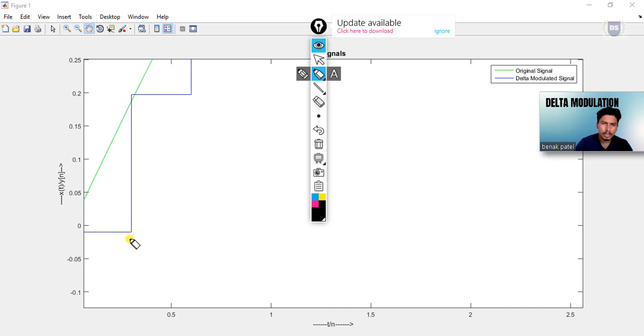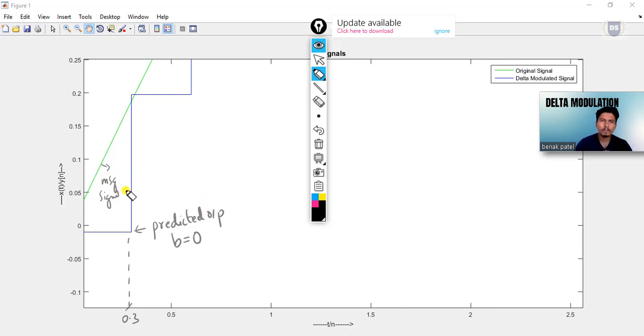So during the starting sampling interval equal to 0.3, we can clearly see that our analog signal or the message signal is at a higher level compared to that of our predicted output. So this being our predicted output, that is the value of B, and the value of B here is initialized to 0.